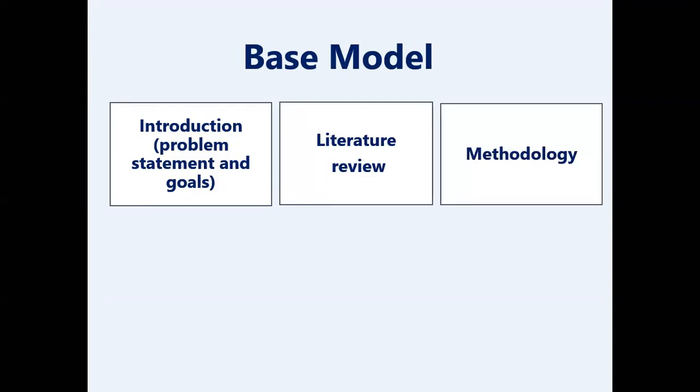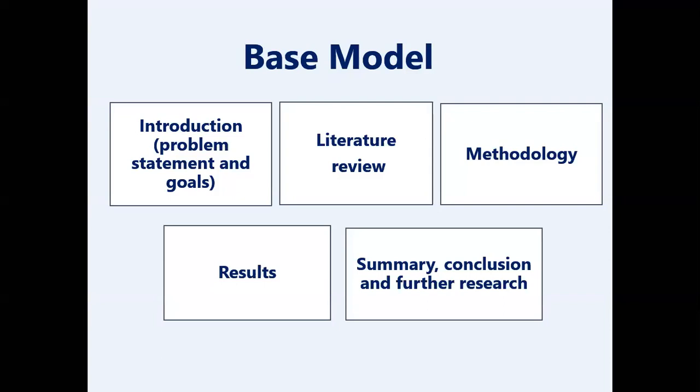Third is your methodology. Now methodology can be of different types, because in different ways I can say it can be descriptive, it can be qualitative, it can be quantitative, it can be a determining thing. So there are many other factors. Next is the result. You get an output of your experimentation. Okay. And last is your summary, conclusion, and further research. So this is your base model. We will discuss all these factors in our next lecture.